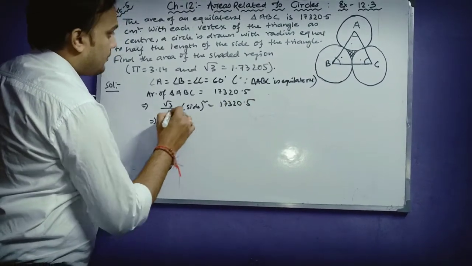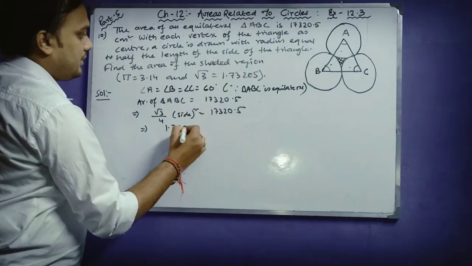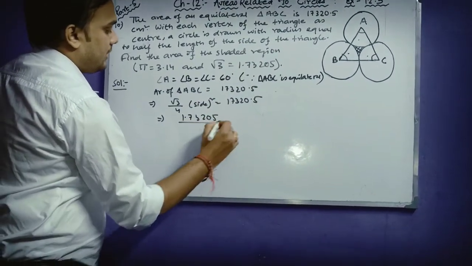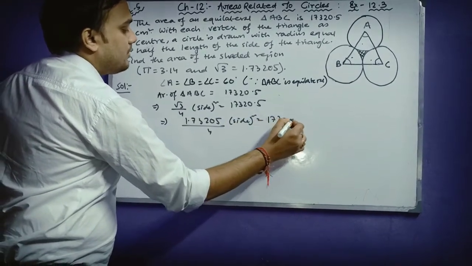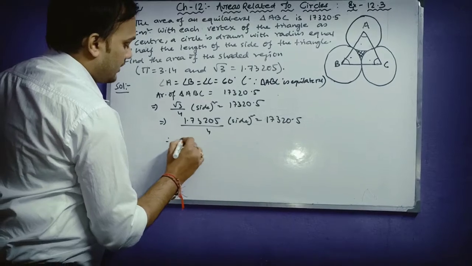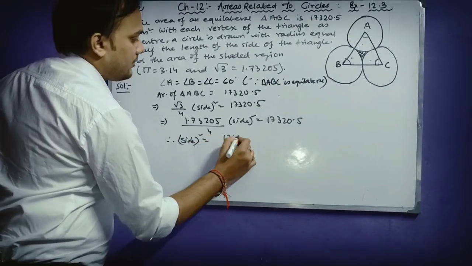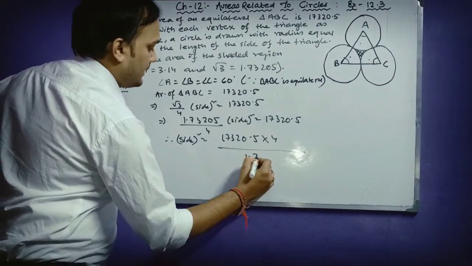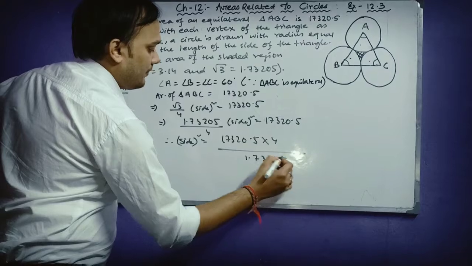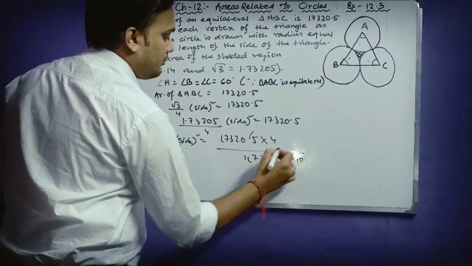17320.5, and the √3 value is already given in the question as 1.73205/4 into side square, which is equal to 17320.5. Therefore, side square equals 17320.5 into 4 by 1.73205. Okay. So if I remove the point here, 110 will come here, and if I remove from one point